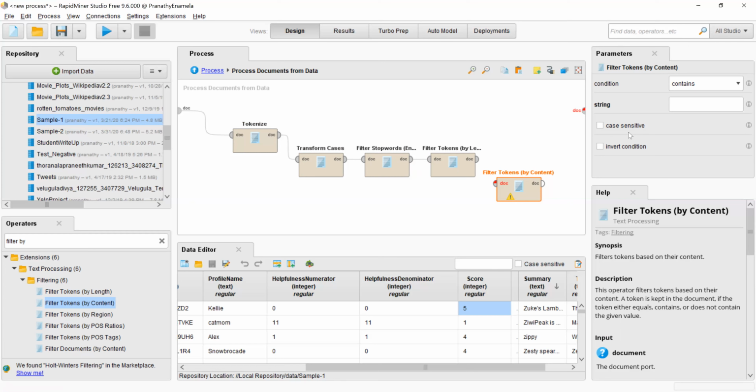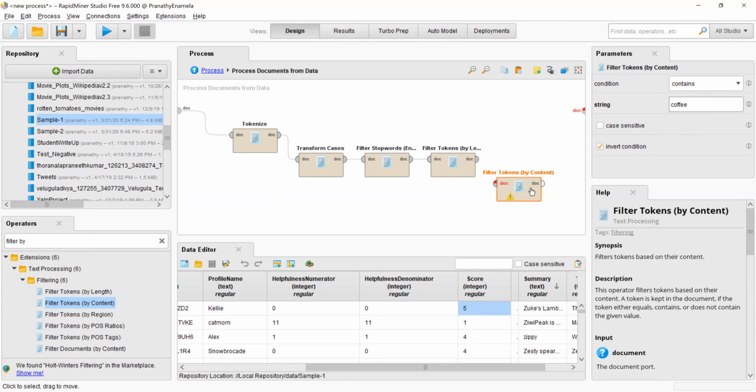In that situation, in my analysis, I probably would not want to see the word coffee highlighted a lot. So I would put the condition as contains string coffee and try to do invert condition, because